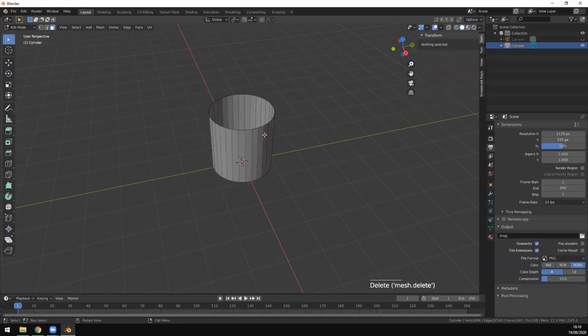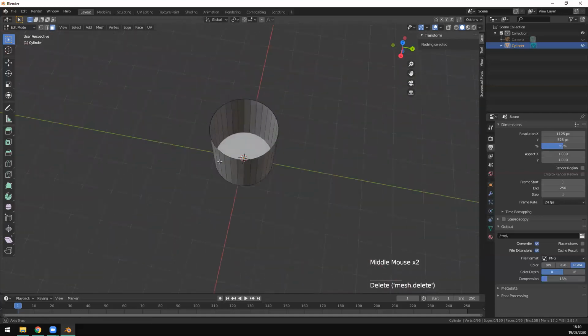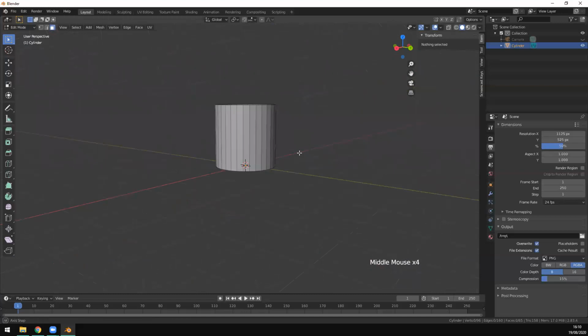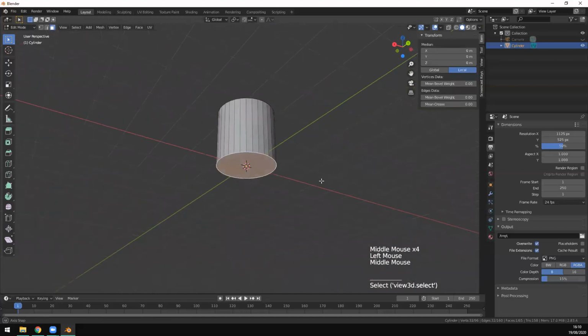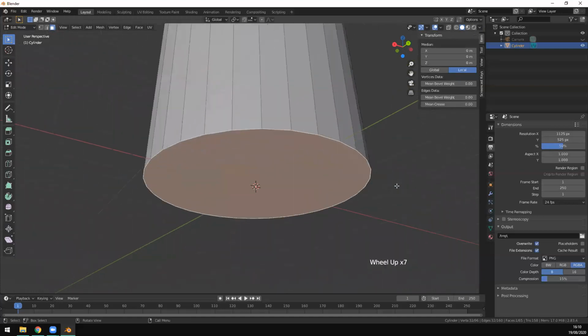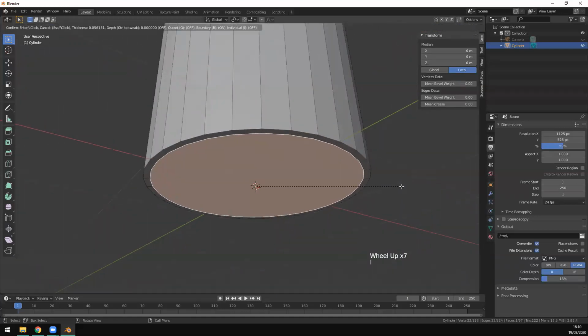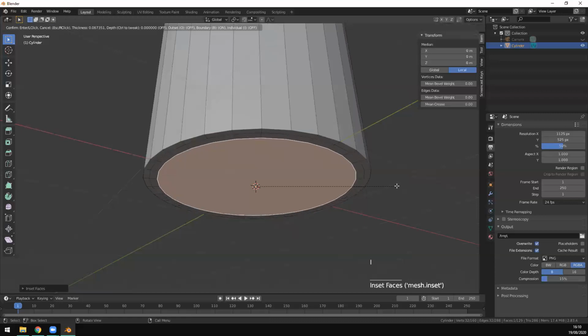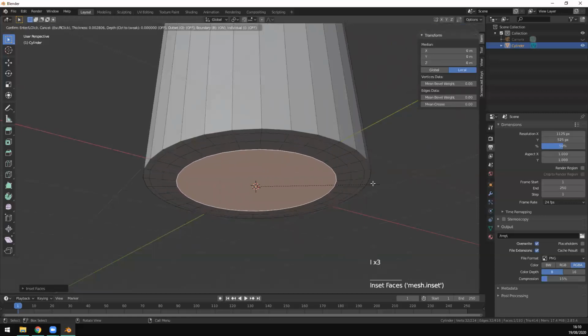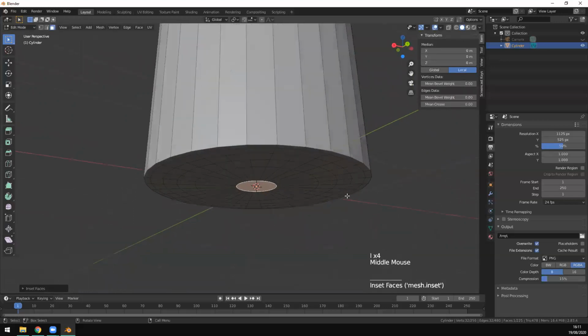So delete faces. So we delete this face, and now we need to add a little bit of geometry to the beaker so it looks more realistic. So let's inset. Let's first inset this part here. Let's do another inset here to add a bit of geometry. Adding a little bit of geometry is always good for